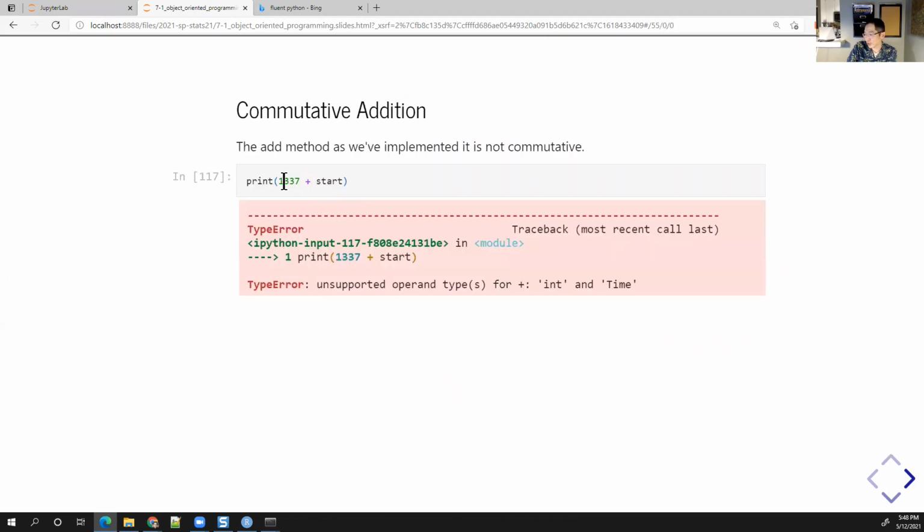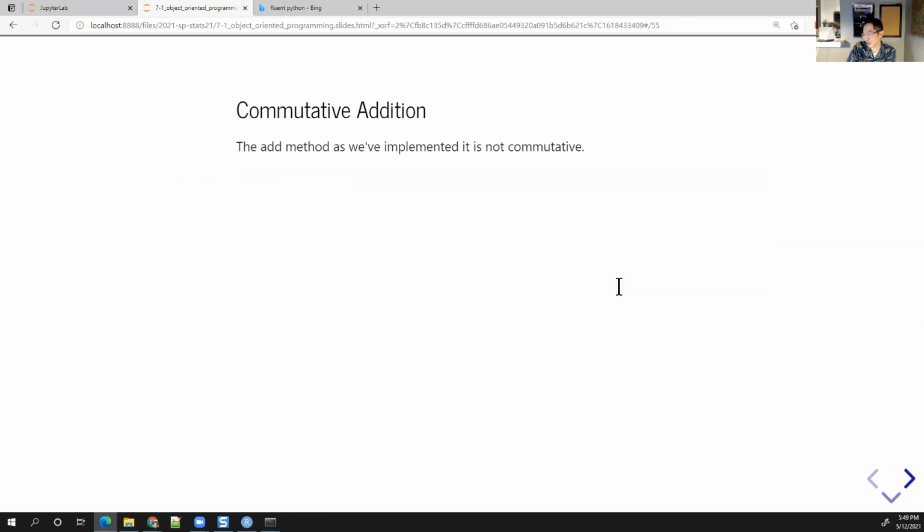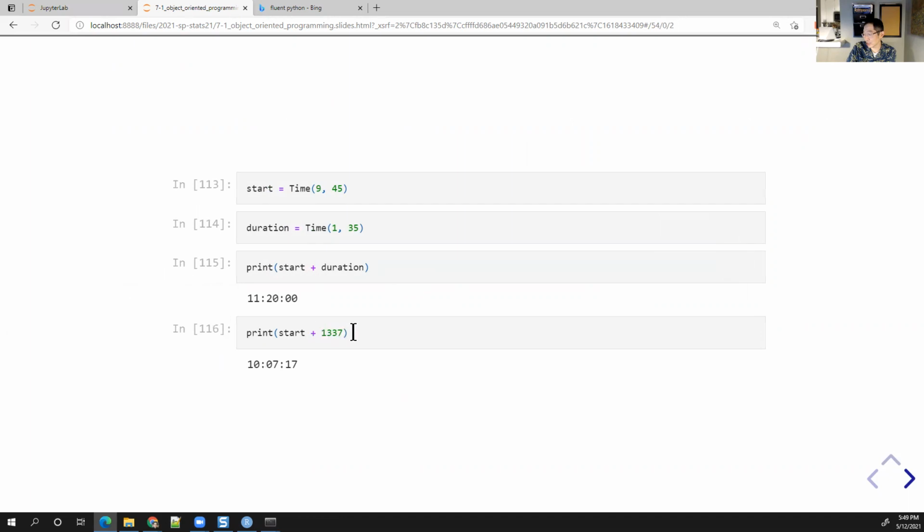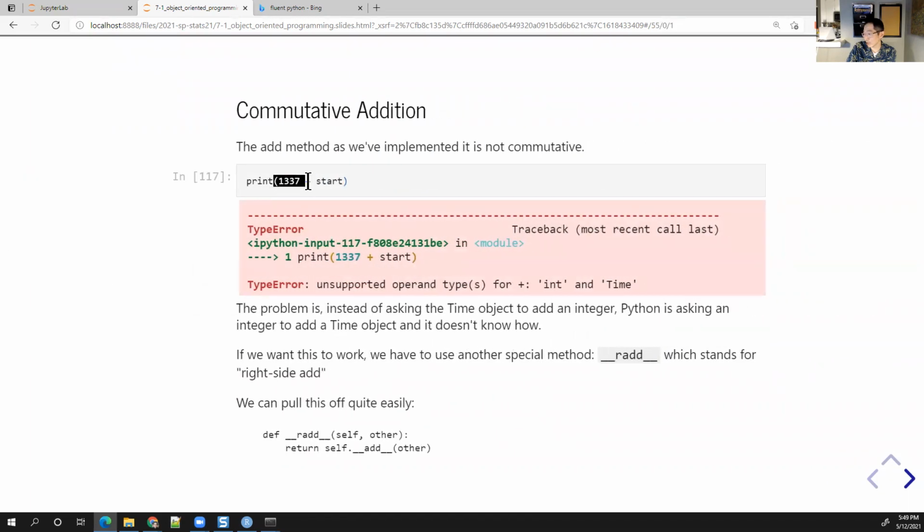Here's one thing. If I try to do 1337 plus start, it breaks. It breaks because this is an integer and the integer doesn't know how to add time to itself. It says you can't do plus with integer and time. It's defined for time plus the integer, but it's not defined for the integer plus time. So if you want to do something like this,